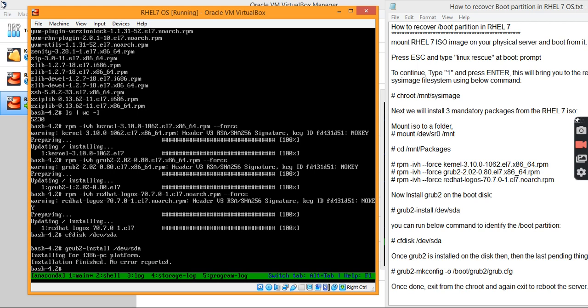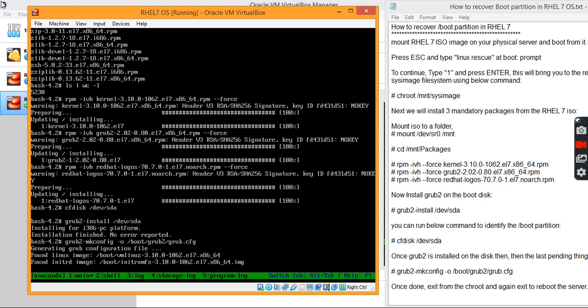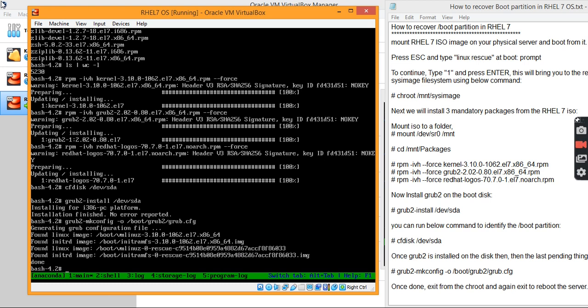Now I am going to generate the grub.cfg. Now it is generating. So you can see it is done.